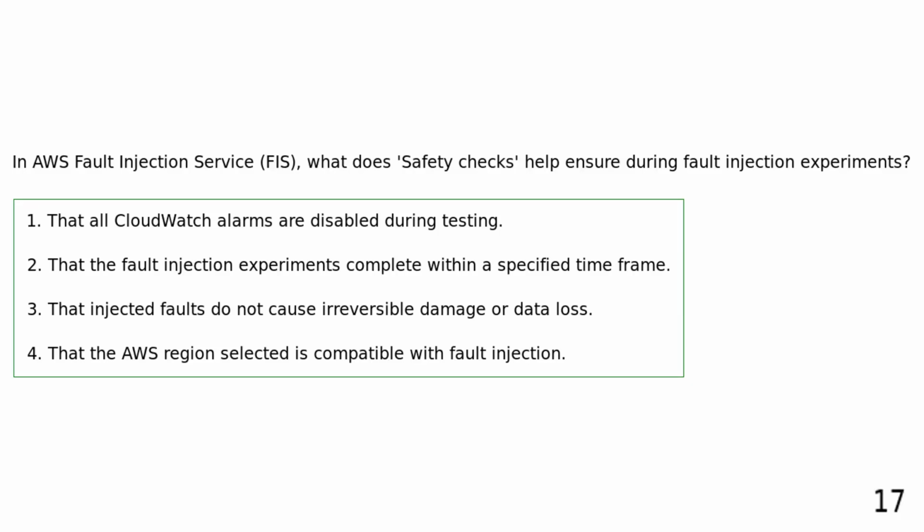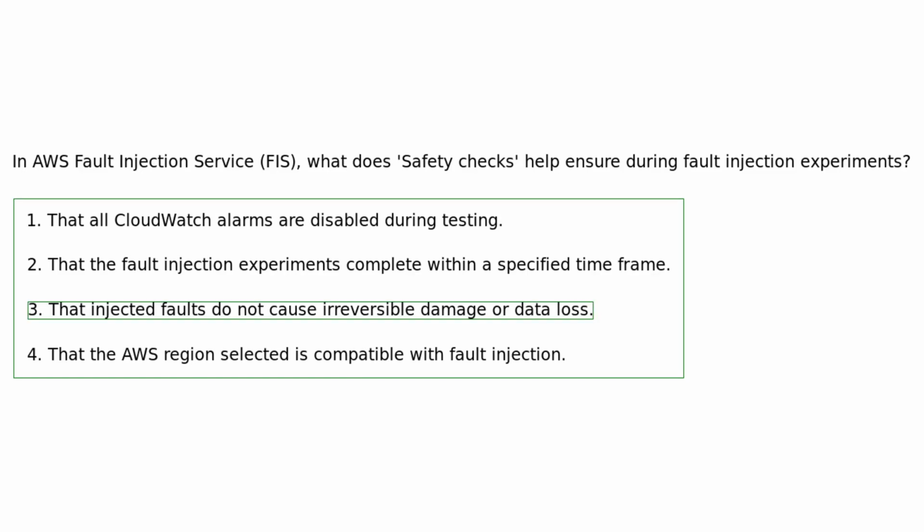In AWS Fault Injection Service, what do safety checks help ensure during fault injection experiments? That all CloudWatch alarms are disabled during testing. That the fault injection experiments complete within a specified time frame. That injected faults do not cause irreversible damage or data loss. That the AWS region selected is compatible with fault injection. Safety checks in AWS Fault Injection Service help ensure that injected faults do not cause irreversible damage or data loss